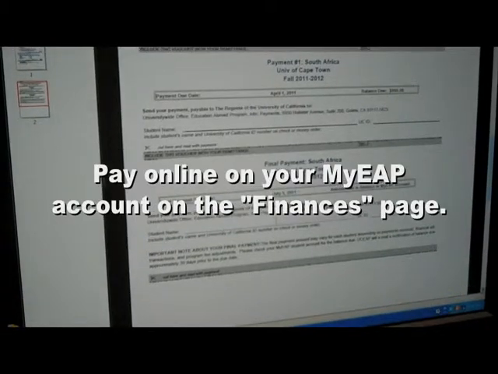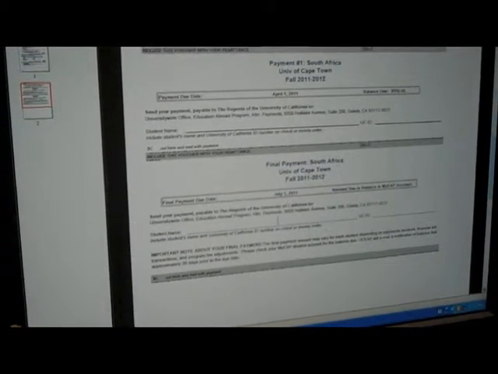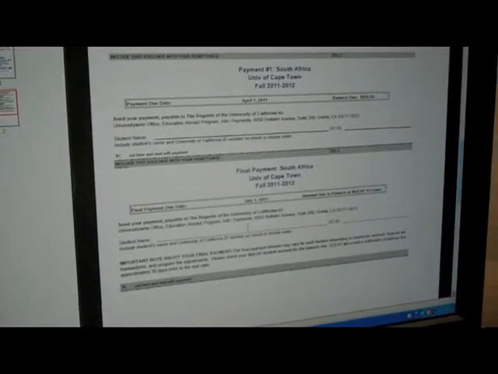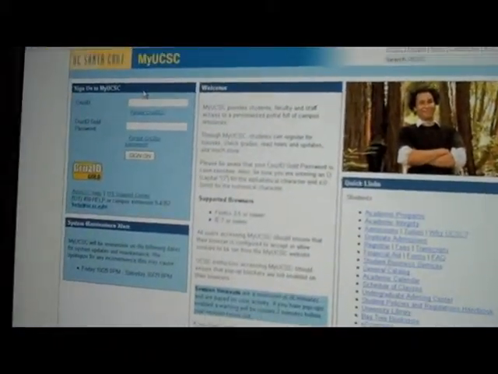The first payment is deferred for students who receive any kind of financial aid. Only students not on financial aid must make the first payment on time in order to avoid paying a late fee. Financial aid students do not pay the late fee. If you are a financial aid student, remember to accept your financial aid award on your my.ucsc.edu portal. Once you accept your award, it will automatically go towards your EAP bill.